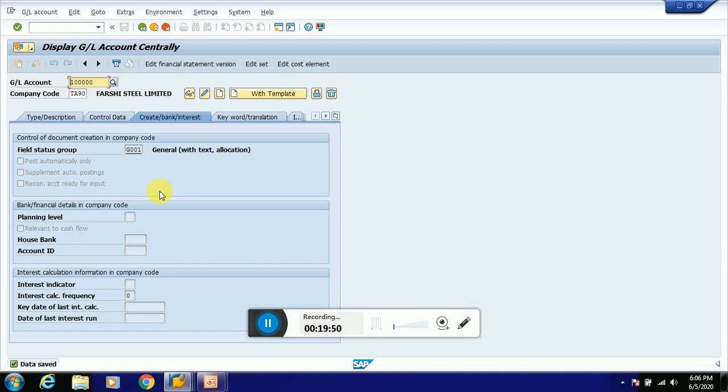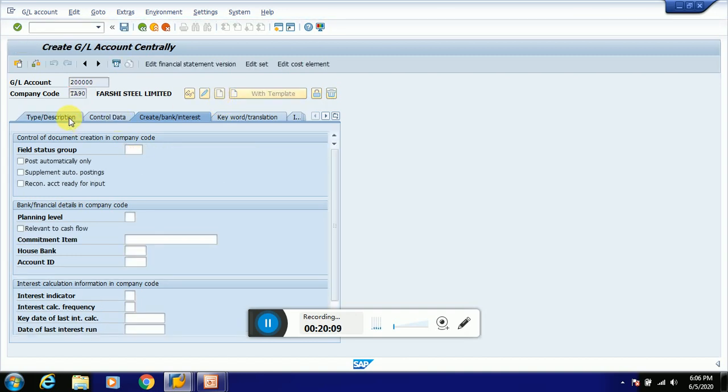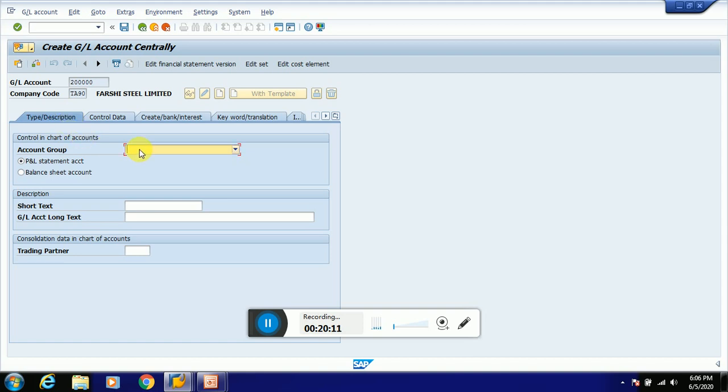Then we'll also create one more GL master, which is the cash account. I am selecting the range 2 lakhs and giving the company code here. Click on create, go to the type or description tab, select the account group as asset because the cash account is part of assets and it is a balance sheet account.